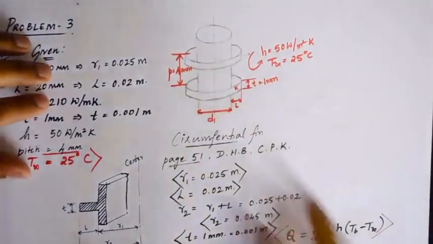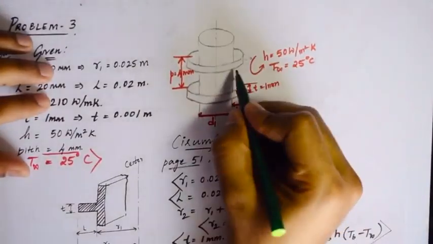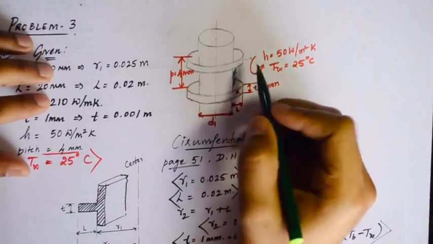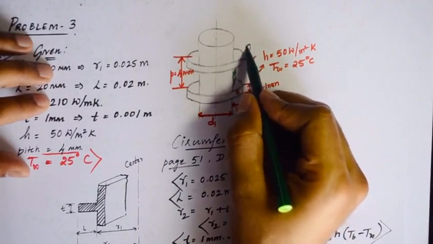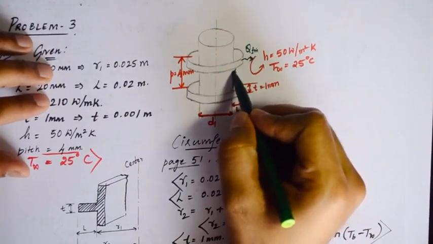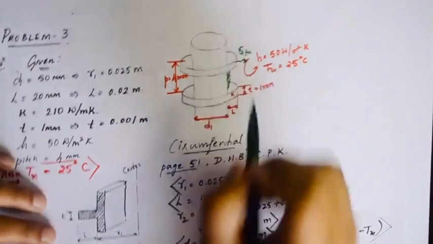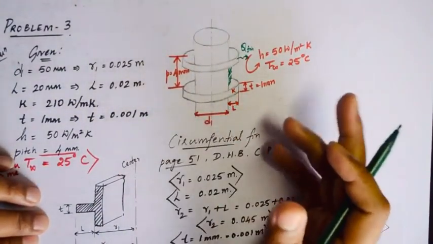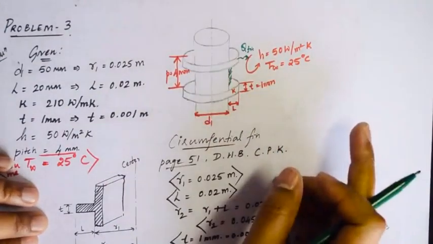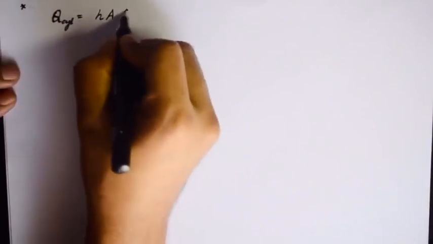Now note that heat is also transferred from the bare surface of the cylinder, right? Heat is transferred from the fin that we have found out, heat transferred by a single fin. Now the heat is also transferred from the bare surface of the cylinder. As we saw in the previous cases also, the bare surface of the hot body will also be exposed to the surrounding, which will transfer the heat. So let us find out the heat transferred by the bare surface of the cylinder, which is given by Q cylinder, which will be again pure convection.